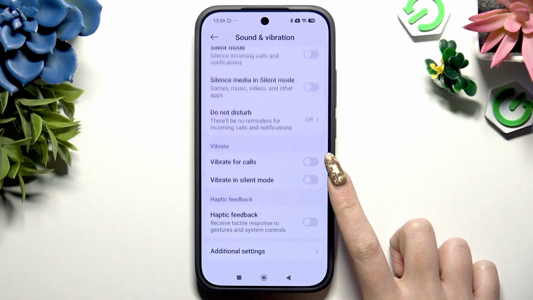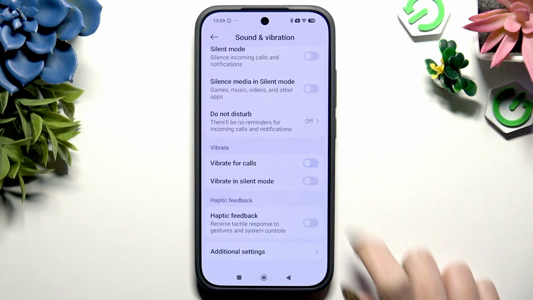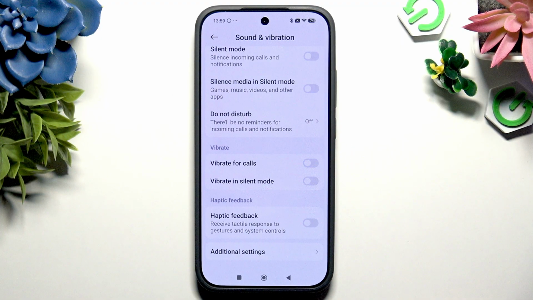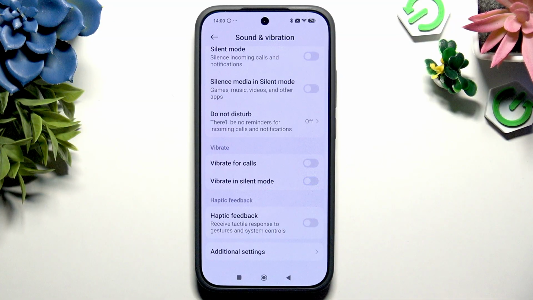Then scroll all the way down to click on this switcher next to Vibrate for calls if you want to enable or disable haptic feedback for all of your incoming calls. You can also tap on this one next to Vibrate in silent mode to enable or disable vibrations when your